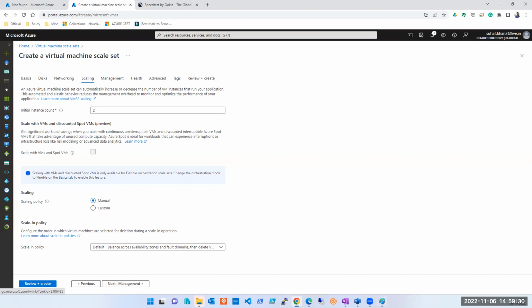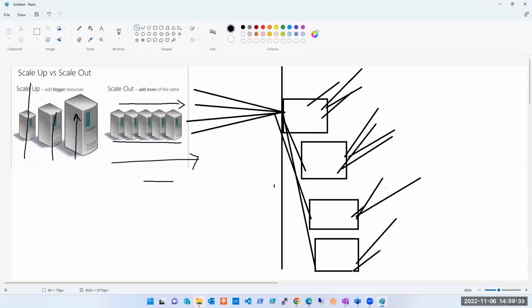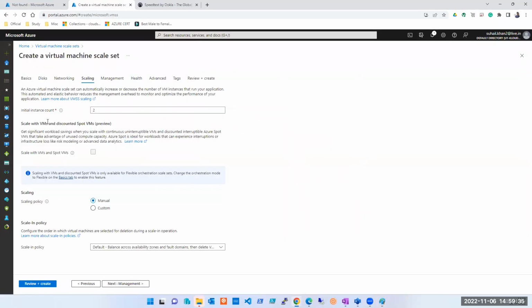I'm creating a virtual machine scale set. This is what I'm planning to create. And it is asking initial instance count. What do you understand by that? The very first time the scale set is created, it will create two base machines, right? Exactly. So if I want to create a virtual machine scale set, how many machines do I want at the beginning? Okay, this is not minimum, guys. It is just the beginning. So at the beginning, I want 2. It's okay.